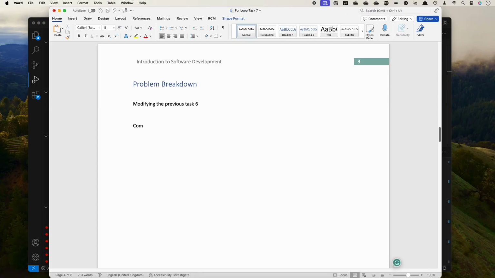We're going to look at task 7, which is a modification of the previous task 6 from one of the previous videos. So for this, we're going to look at computational thinking. That's decomposition, pattern recognition, and algorithm design. So decomposition is